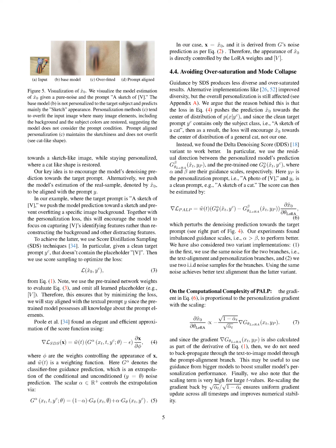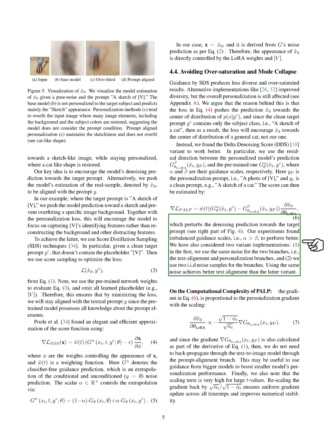Section Summary. The prompt-aligned score sampling technique is used to prevent overfitting in models trained on small image sets. By aligning the model's denoising prediction with the target prompt, the model focuses on capturing the identifying features of the subject rather than reconstructing distracting elements. The delta denoising score variant is found to work better than other methods, as it perturbs the denoising prediction towards the target prompt and achieves better text alignment.